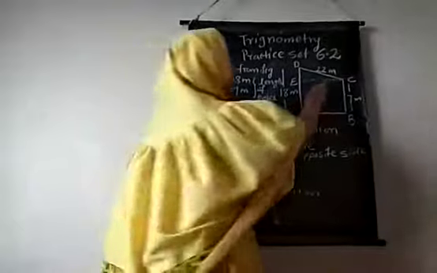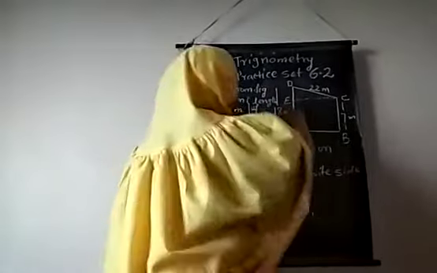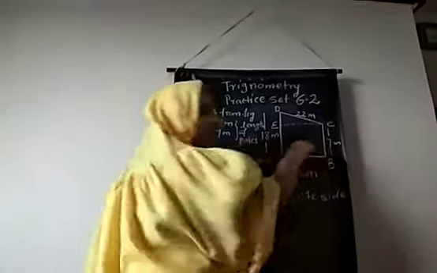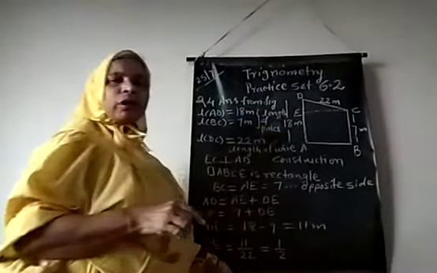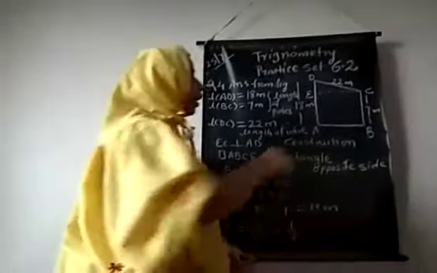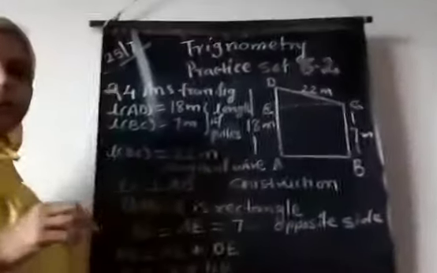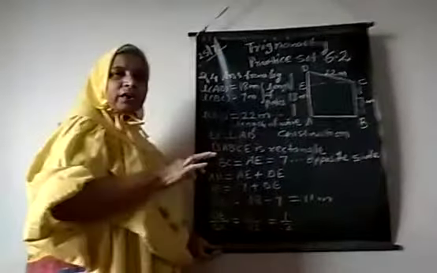Now we are going to find out the angle made by the wire with the pole. So in the figure, AD is the length of the first pole, which is 18 meter. BC is the length of the second pole, which is 7 meter, and DC is the length of the wire, which is 22 meter. And angle DCE, that is the C angle, we are going to find. By construction, we construct the perpendicular from vertex C on side AD. So therefore this EC is perpendicular to AD. Quadrilateral ABCE therefore is a rectangle.